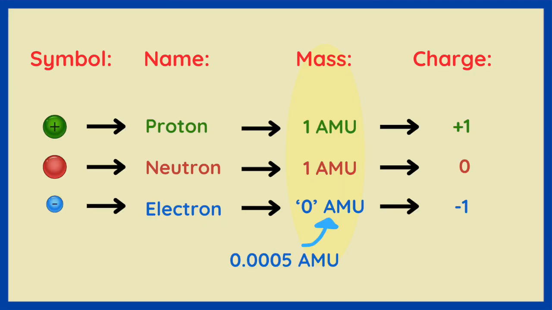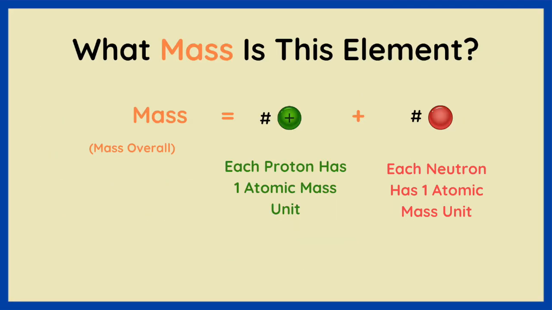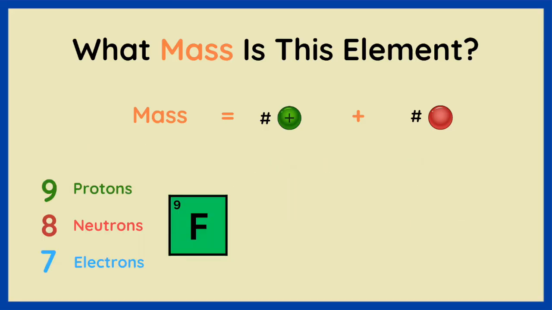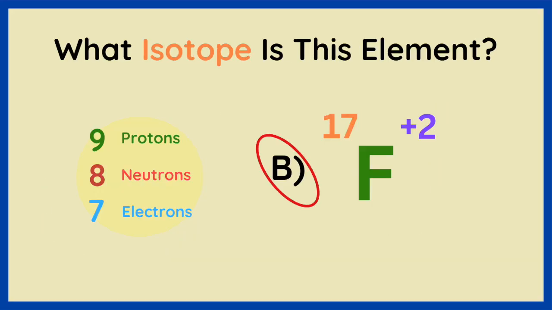We covered earlier that the subatomic particles each have a certain mass and charge, and in this case we need to acknowledge the fact that both protons and neutrons each have 1 atomic mass unit, and an electron's mass is treated as 0 because it's so small. Because of that, when we calculate the mass of an element composed of these subatomic particles, it's going to be protons plus neutrons. We ignore electrons because they don't contribute any significant mass. So if we have 9 protons and 8 neutrons for this isotope, the mass would be 9 plus 8. Therefore, the mass of this fluorine isotope would be 17 atomic mass units, making B our final answer,